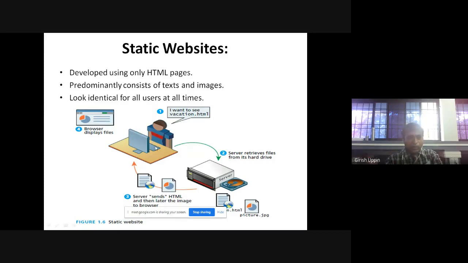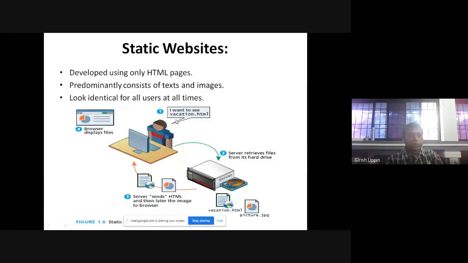So you can see here, this is the client. The browser will be here, and the user wants to see vacation.html, so they will type it in the browser. They give this to the browser, so the browser will identify which server it is. Then the server retrieves the files from its hard drive, so it will get that particular HTML. The server sends the HTML, and then later the image, to the browser.